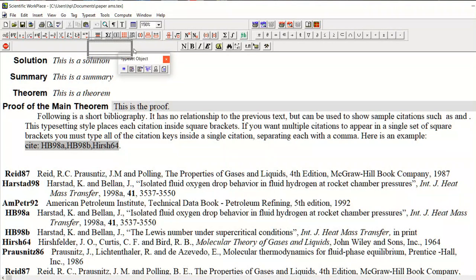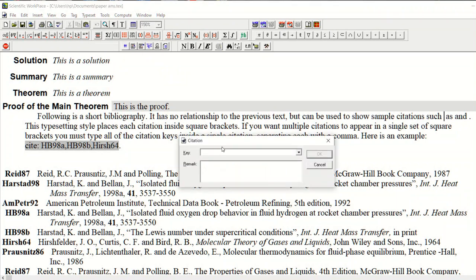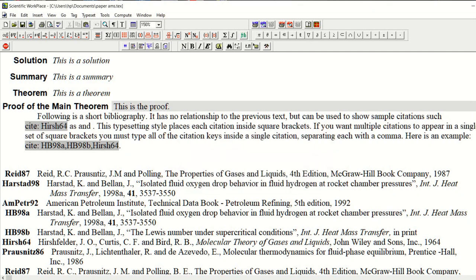We will click on the citation button from the typeset object toolbar. This will ask the key of the reference which we are going to cite, and we can see that the key of this reference is Hirsch64. So I am writing here the key of that particular reference, Hirsch64, and press OK.